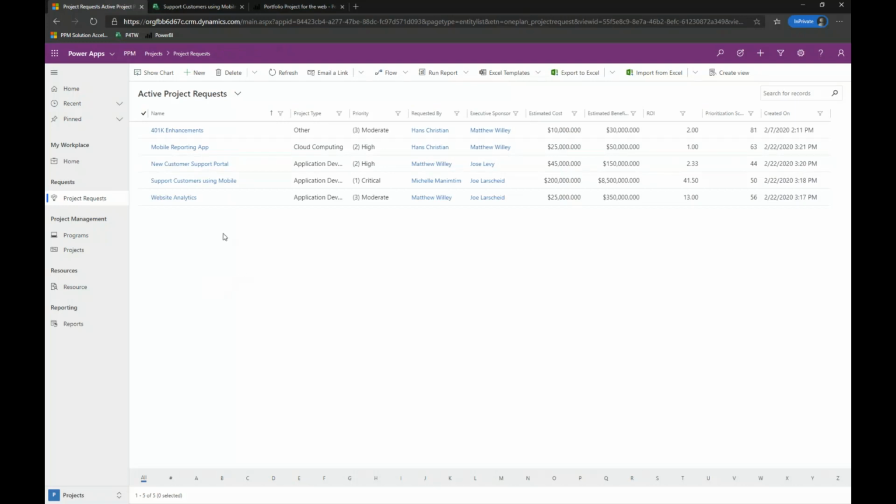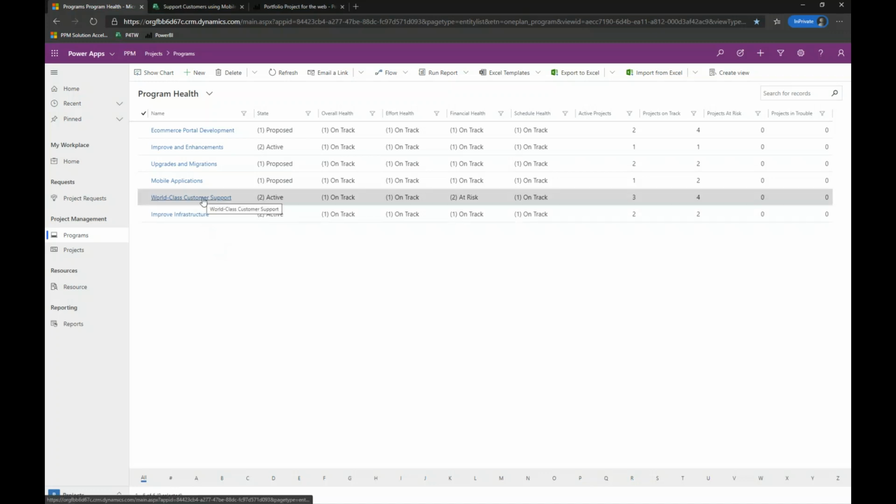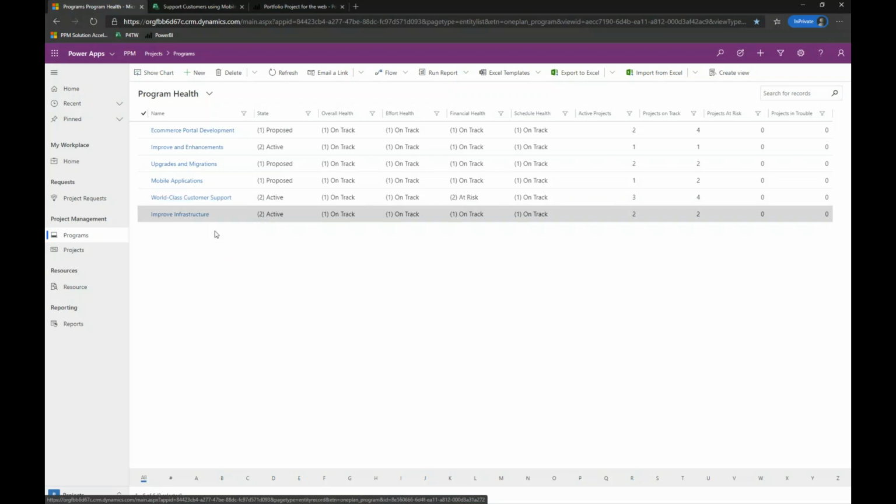Now, these project requests may be promoted to projects at some time, but we can also associate them with various programs within the organization. So it'll allow you to roll up reporting of active projects against key initiatives for your organization, such as programs, as you see here, some sample names such as world-class customer support, mobile applications, etc. We also report in this